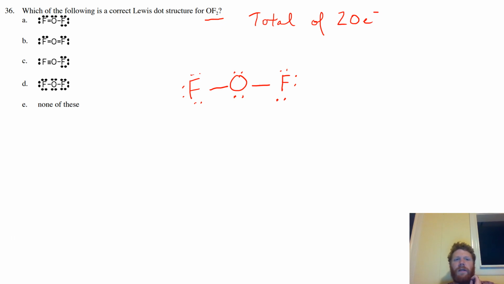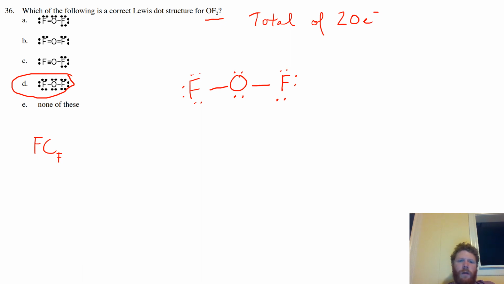Now, does this reflect any of the molecules that we've drawn? Yes, it does. It reflects option D. Okay. Now, if you wanted to take this a step further and figure out something about the formal charges, well, if we figured out the formal charge for the fluorine on the left, that's the same as the fluorine on the right, due to the fact that they both have a single bond and 3